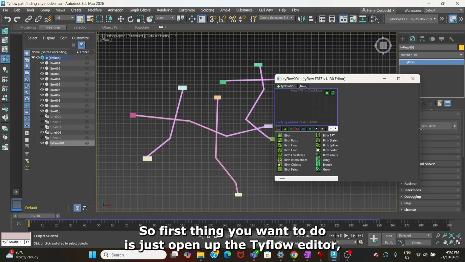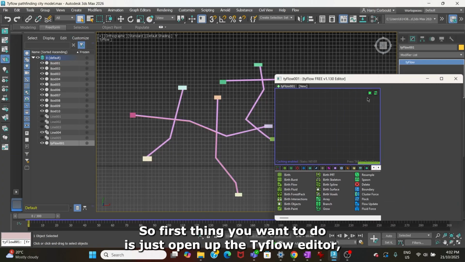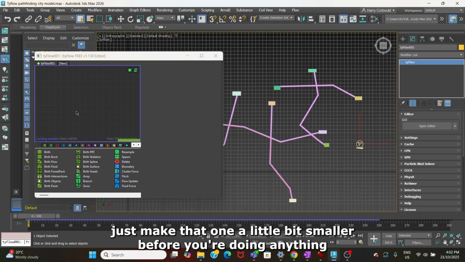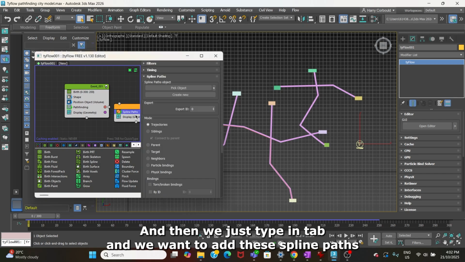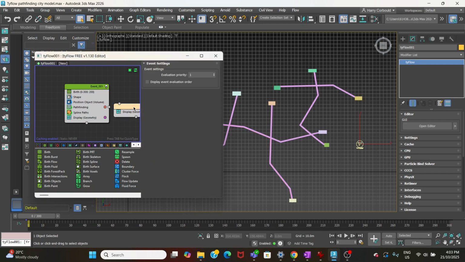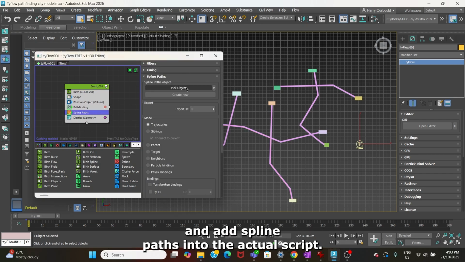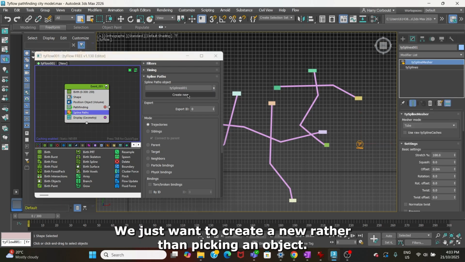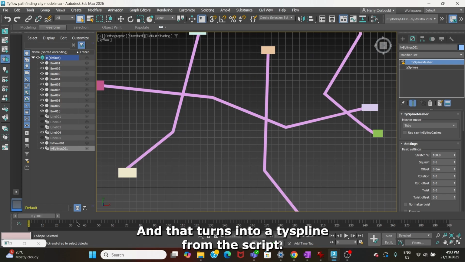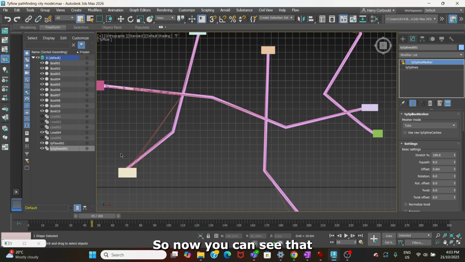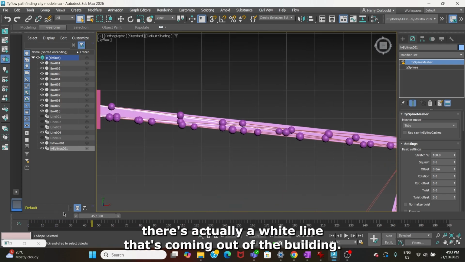So first thing you want to do is just open up the Tyflow editor. Just make that one a little bit smaller before you're doing anything. We can scroll over and then we just type in tab and we want to add the spline paths into the actual script. We just want to create a new one rather than picking an object, and that turns it into Tyspline from the script we've already created. So now you can see that there's actually a white line that's coming out of the